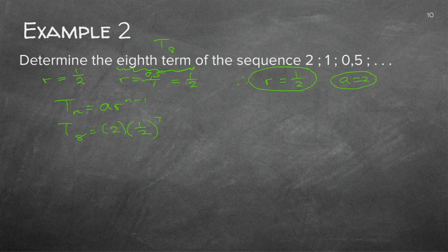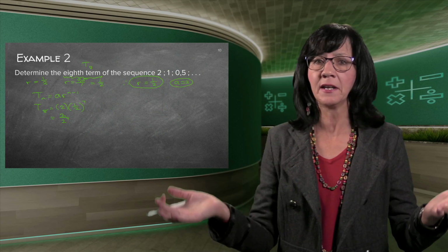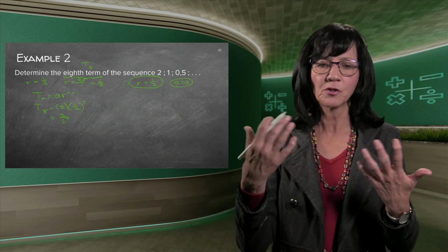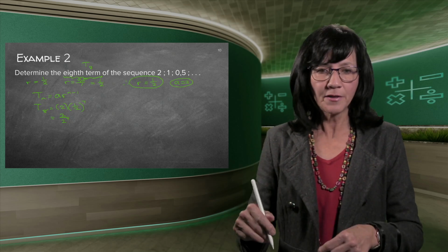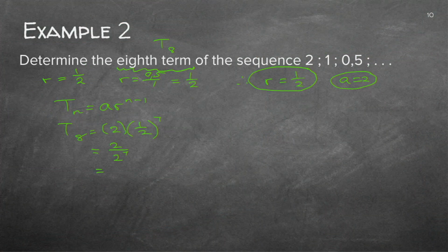Good. Now, in order to simplify this, you can grab your calculator, or you can make it easy. You can say this is 2 over 2 to the power of 7. Do you agree with me? If I multiply that little exponent inside, 1 to the power of anything just stays 1, and 1 times 2 is 2 on top, and the 7 at the bottom, and your exponent law says, if I now do that, it will be 1 over 2 to the power of 6. And I don't know if you know, but this is something you should probably know by now. It gives me 1 over 64.